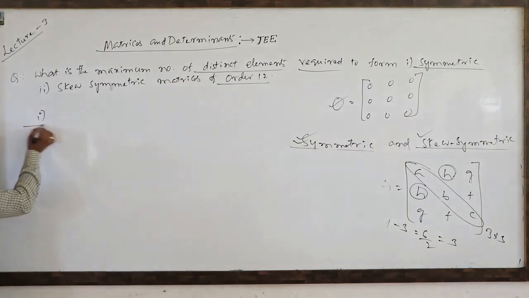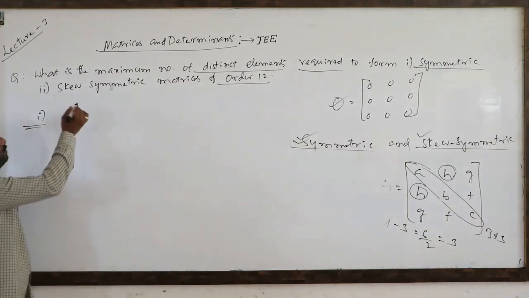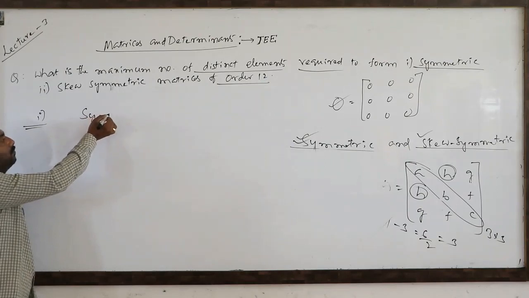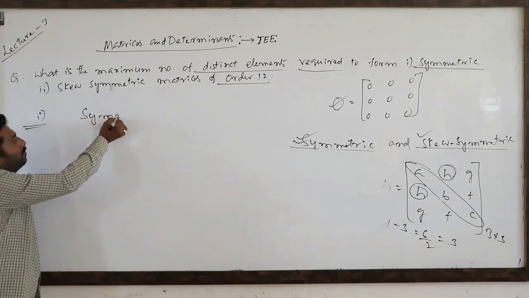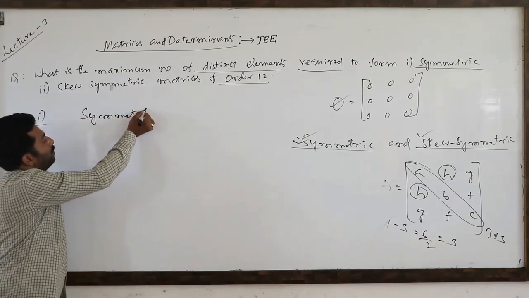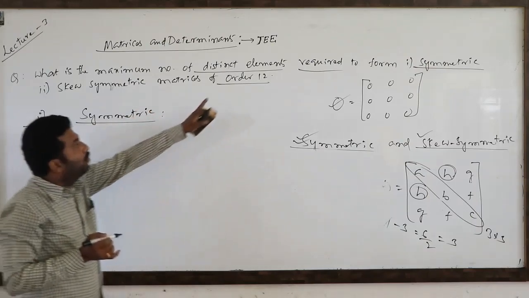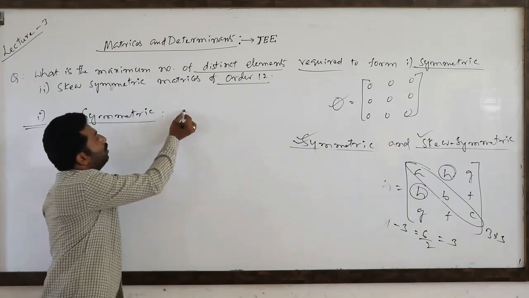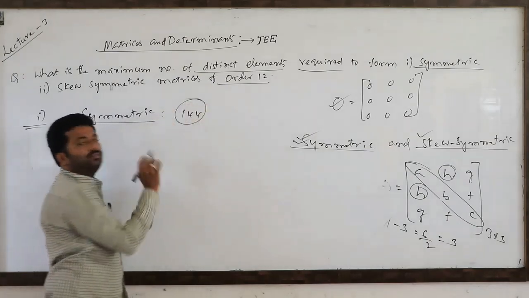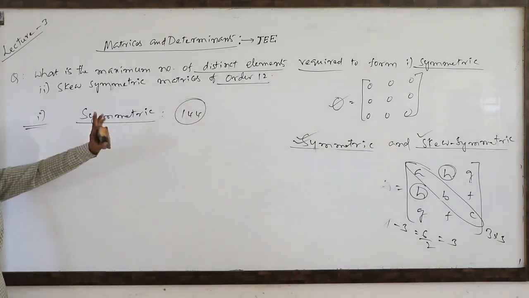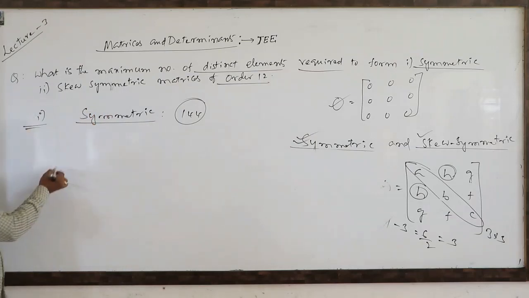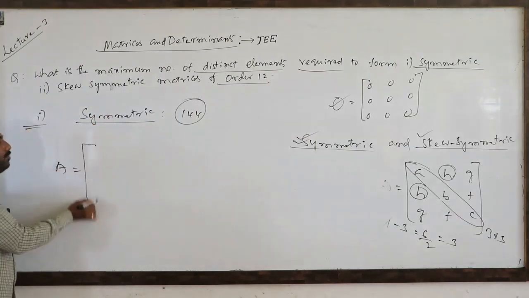So what is the first problem concept? Symmetric. So to form a symmetric matrix, how many total elements are required? A total of 144 elements may be required. Suppose it is skew symmetric, then